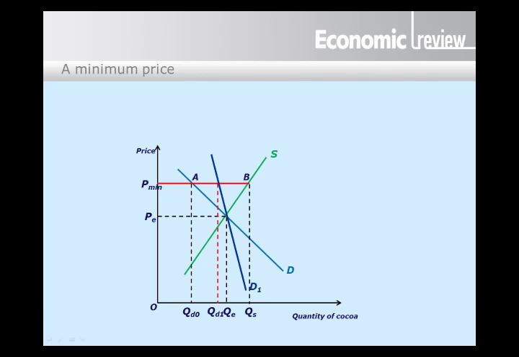And again, the effect is that the authorities, in order to maintain price at Pmin, have to purchase more of the commodity because excess supply is now higher, and again the additional cost is given by this shaded area here. So the more inelastic is demand, the higher the cost of maintaining the price above its equilibrium price.